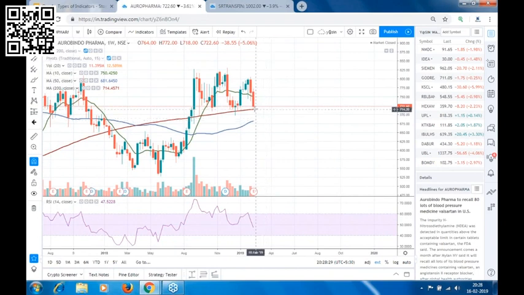Then you will have another support at around 681 level, that is the 50 period moving average support. But if there is not a gap down opening and Oro Pharma opens around 720, until this weekly support is broken, we can't take a short trade in Oro Pharma. And we don't want only this support to be broken. We want the stock closing to be below this support.